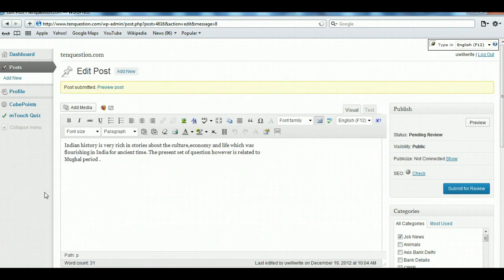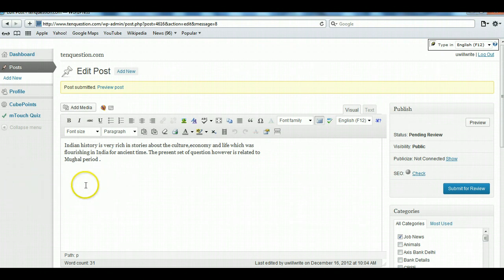Once you do that, your question set along with the posting has been prepared, and our editors will go through your posting, and if it is found fit for publication, or if any change is needed, we will be making changes. We may be putting some questions in your set also. Let us say you have put 12 questions, but we do not think that more than 8 are fit to be published, so we will be putting certain questions, and the credit will be given to you also, and one email will be sent to you regarding the publication. Your question set will show you as an author.